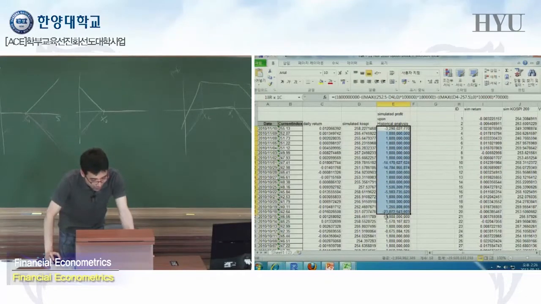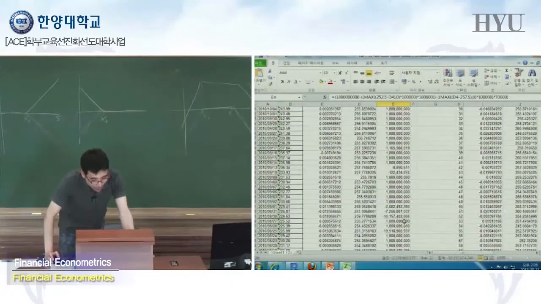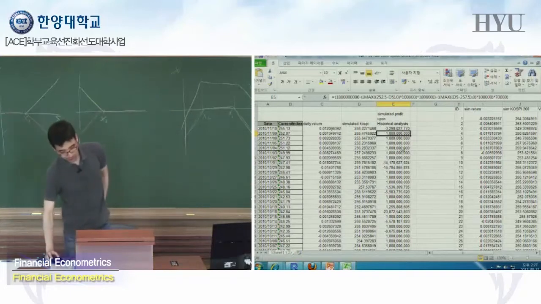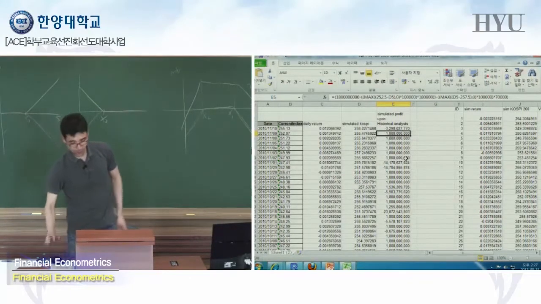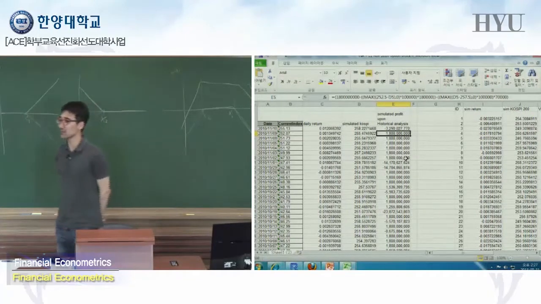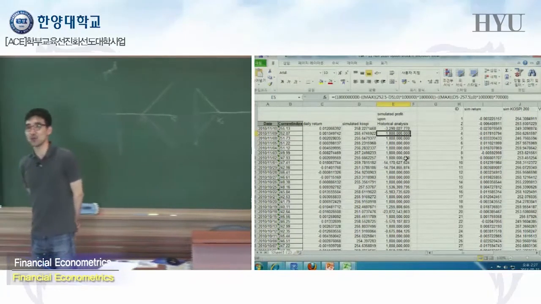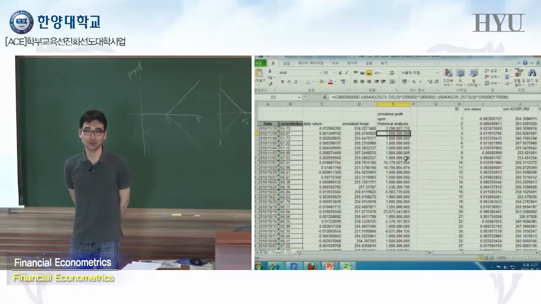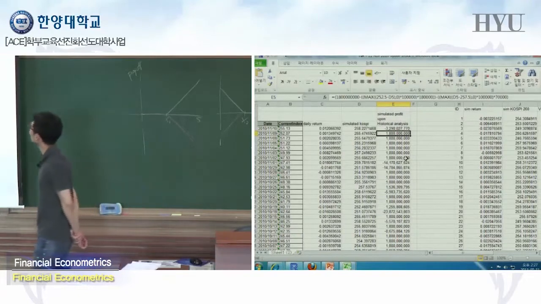Then from this, we can generate this number of possible outcomes. If this scenario happens, Dark Horse Fund loses this amount of money. If this scenario happens, then it is within the band, so they make 1.8 billion. So for each case, we can calculate their profit or loss for each possible scenario based on the past 10 years of daily returns. Okay. Any questions until now?